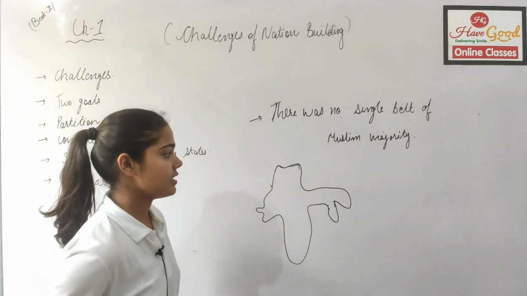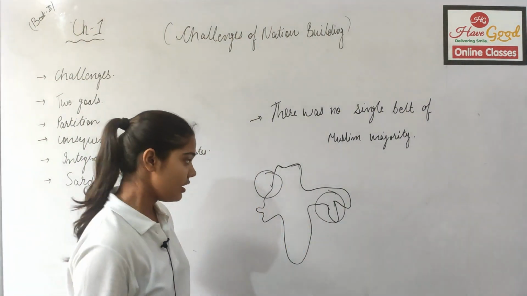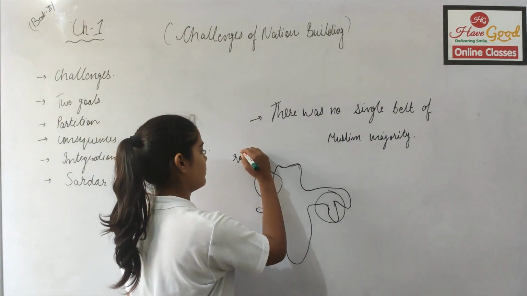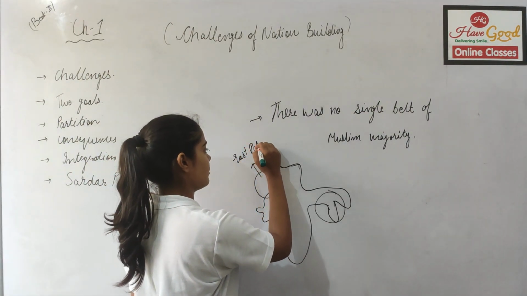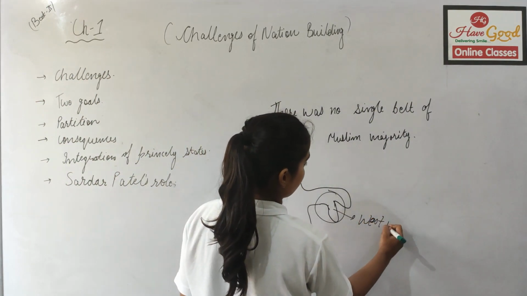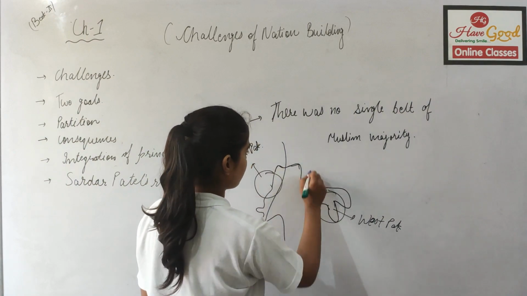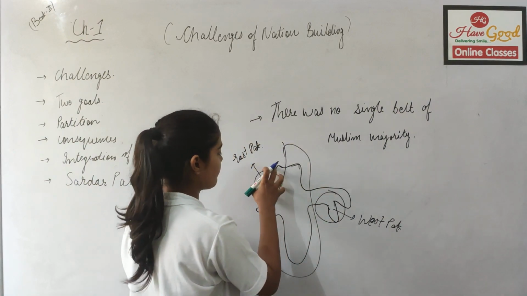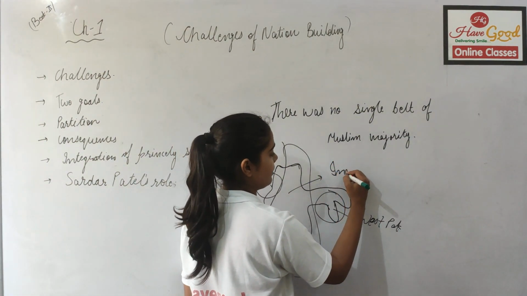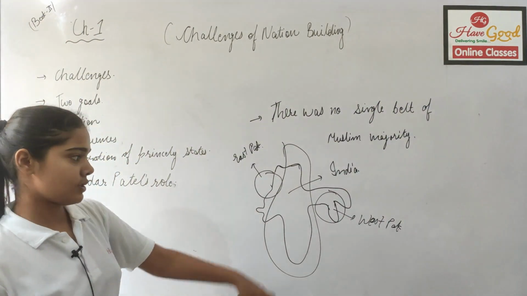Just suppose that it is India. So here there was a Muslim majority and here there was a Muslim majority. So it was decided that this would be East Pakistan, and this would be considered as West Pakistan, and there will be a large territorial land which will divide East and West Pakistan, and this area will be considered as India. This is how India was divided between East and West Pakistan.